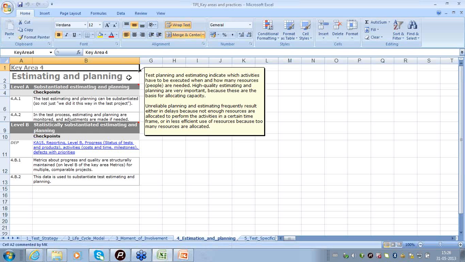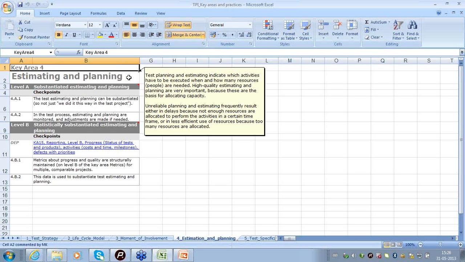Hence the accuracy of planning increases, and one does not experience any surprise during the entire life cycle, and the resources deployed in the testing activities are as close to the ones ideally required.